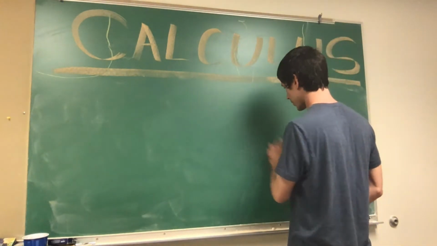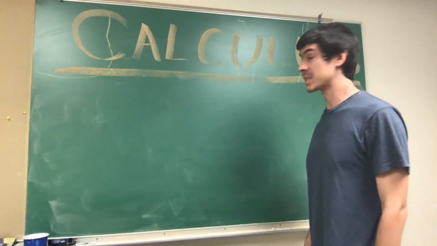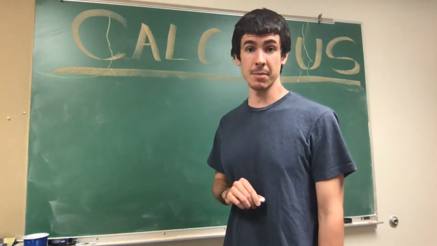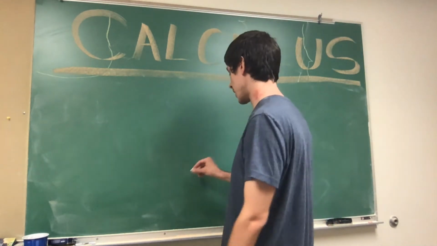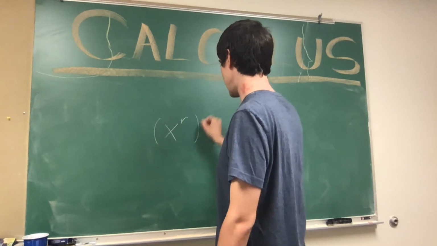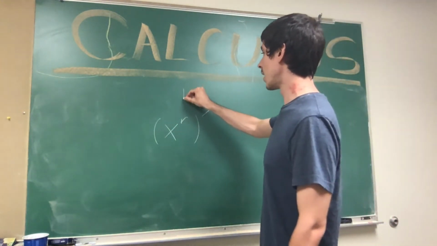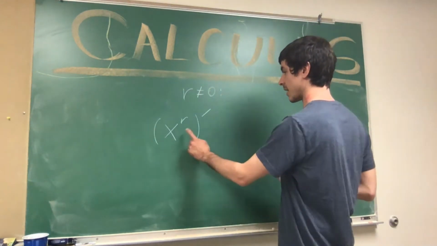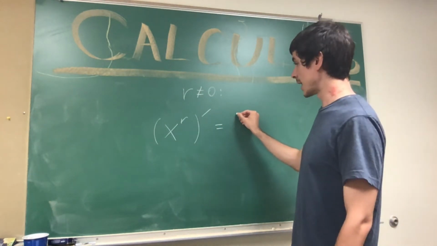So now let's consider the power rule again, revisit the power rule, and now we'll have the power rule for the most general case. So x to the r prime, where r is any real number not equal to 0, x to the r prime, we can rewrite x as e